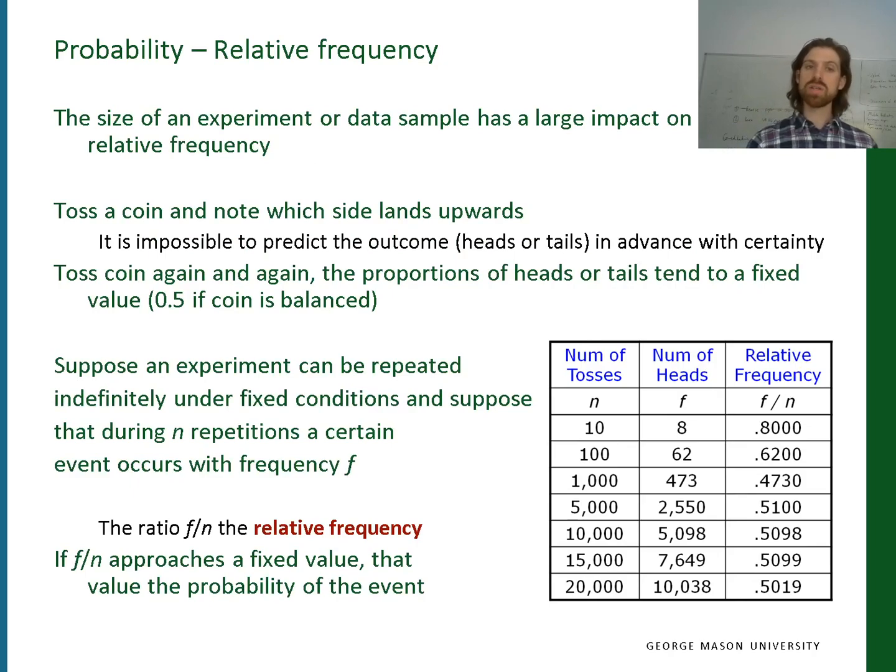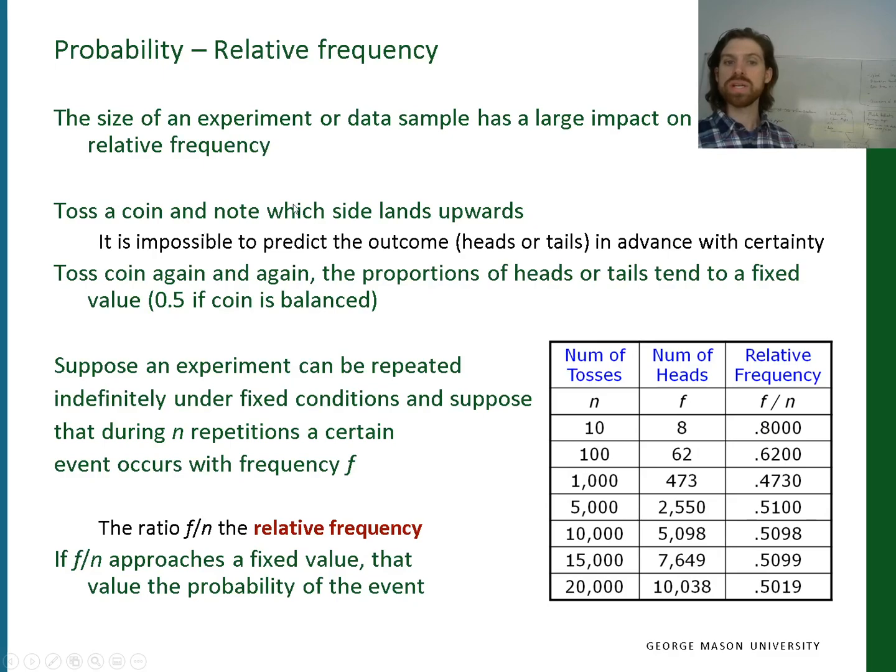So just moving on, staying on this concept of relative frequency, the size of the experiment has a really large impact on how you calculate the relative frequency, and that's particularly because if you have processes which have a large stochastic or random element, then small sample sizes are going to have very large amounts of variance within them. So just to give you one example,